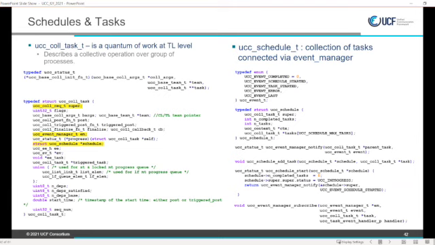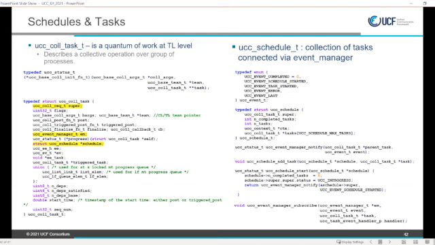When a task is initialized, it gets the collective arguments descriptor, very similar to what we have in the core UCC API. So it has the collective data type, pointers, sizes, and all that stuff. It is passed down to the TL, and the TL initializes the task and gives it up to the core level. Then it can be executed.